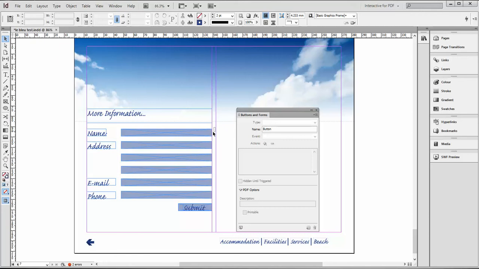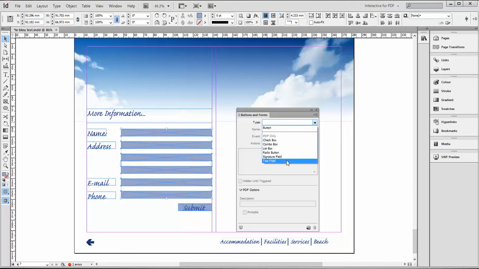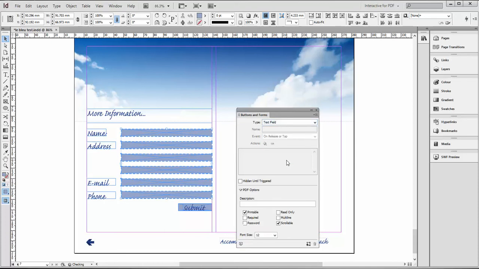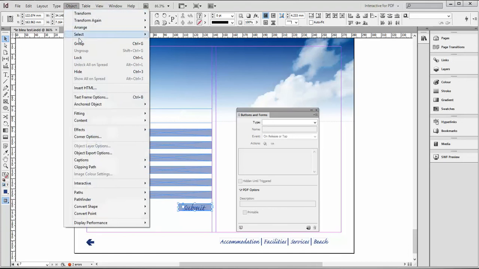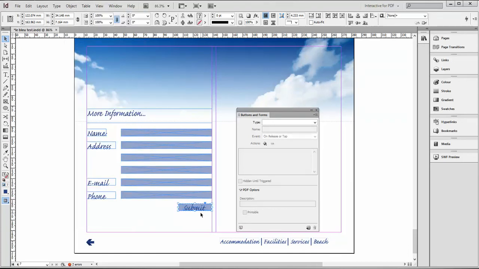So first of all, I'm going to select all these text frames here, and I'm going to change the type up here to text field. This makes them an active text field that the user can type in. And the submit button, what I'm actually going to do is select those two, and I'm going to go to object and group. So this is grouped together,